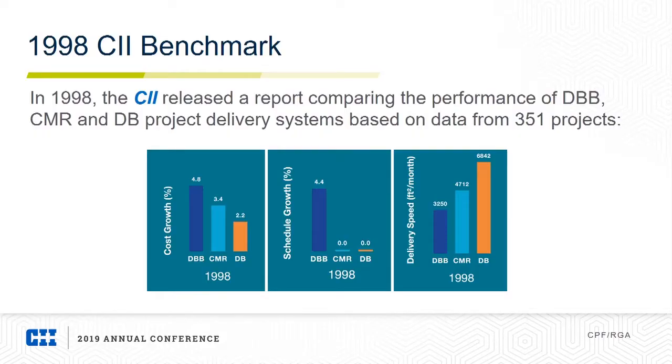Until this point, we really didn't have a lot of information on how performance was related with project delivery methods. If you look here, these are the three main metrics that this study originally dealt with, and these are median values. So these are the center value on those 351 projects. And what owners found was that design bid build had the highest cost growth and also the highest schedule growth, and at that time was also delivering projects at the slowest rate in terms of a square foot per month